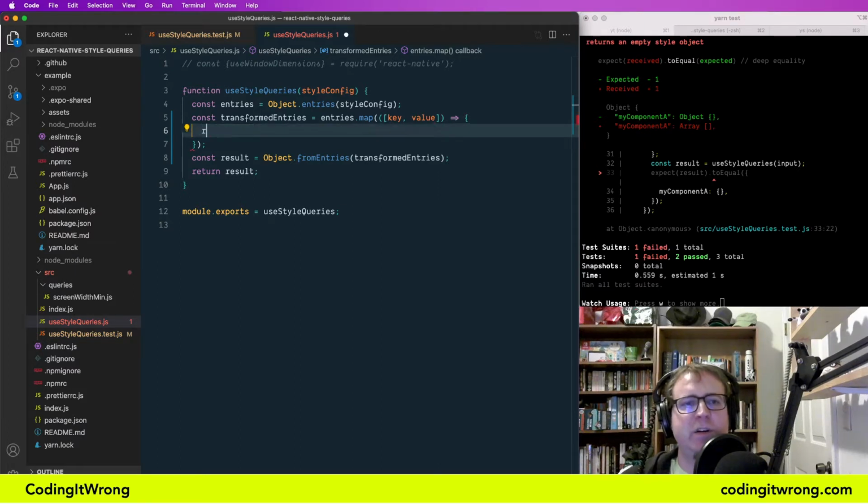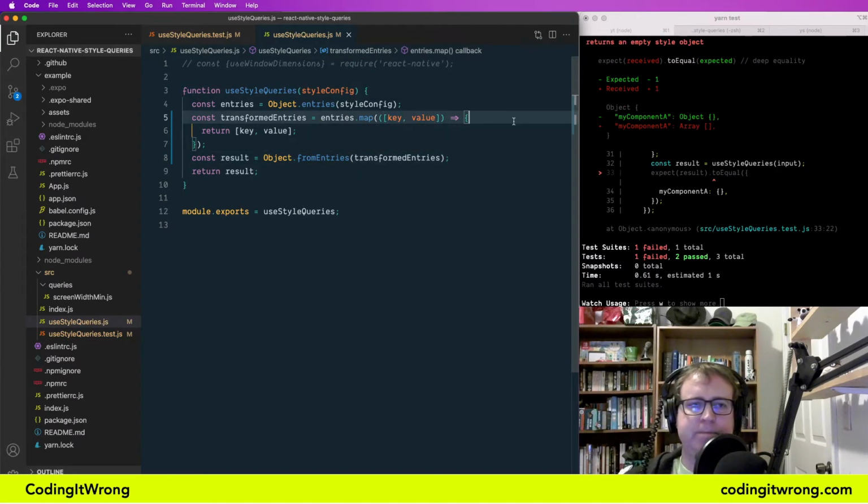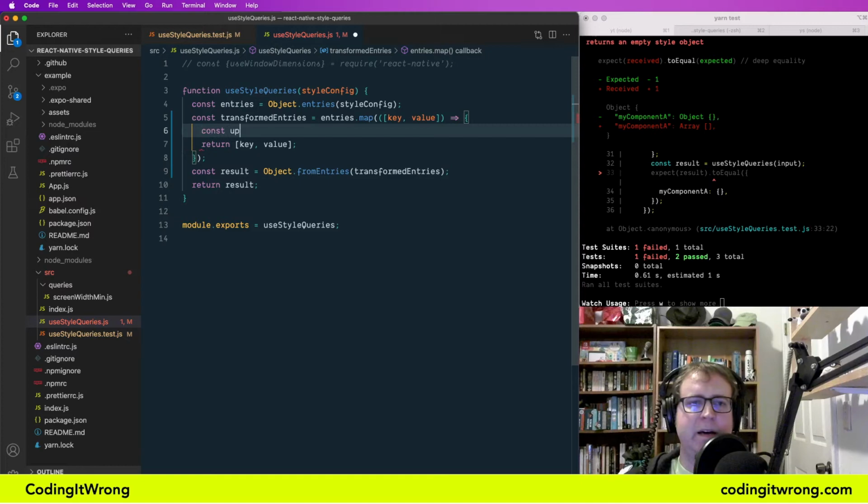Let me just return key and value, just to make sure this is still working and that we haven't broken anything else, and then transform it back. We should still get the same failure. We do. But now we want to say an updated value. Updated value equals, well, we just say value, see that fail again. But now we want to change what that value actually is. And I think we say,